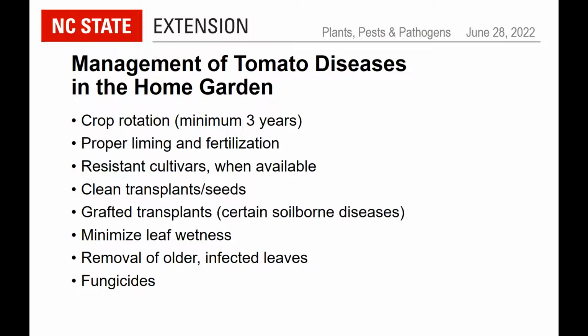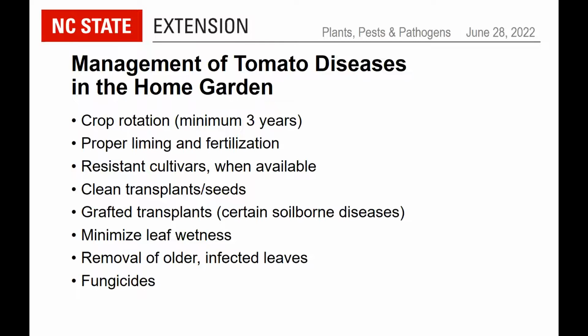And of course, if you've got any kind of weeds, especially solanaceous weeds, then your rotation is not going to be as effective. But a good general recommendation, crop rotation, minimum of 3 years. Proper liming and fertilization, as we talked about, using resistant cultivars when they're available. Charlotte, again, will be giving us that lowdown, starting with clean transplants or clean seeds,